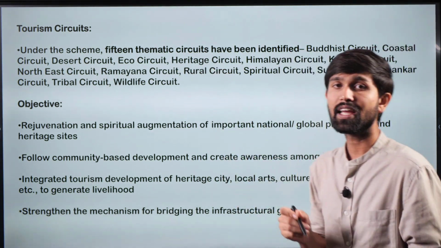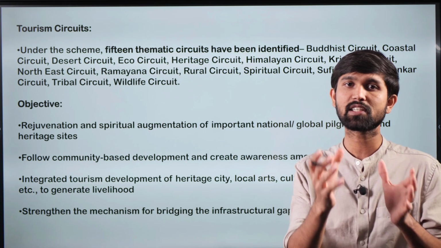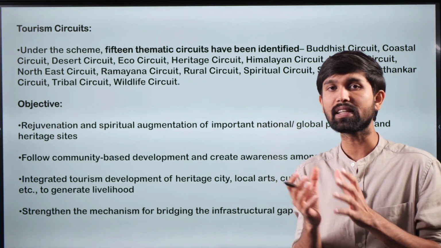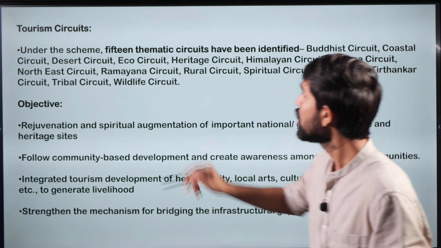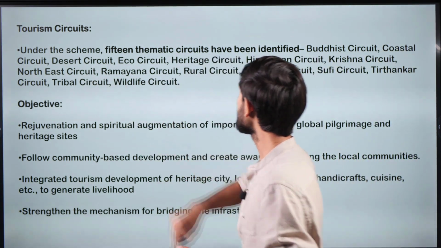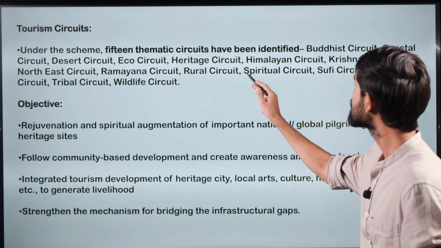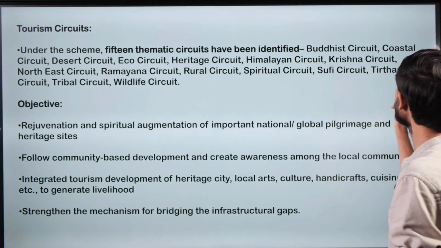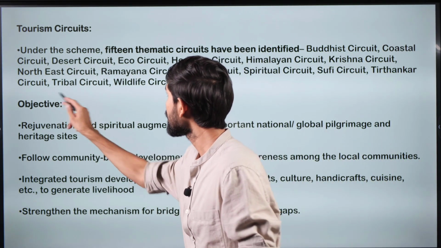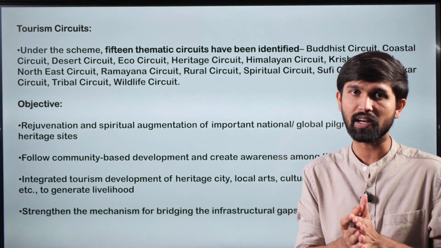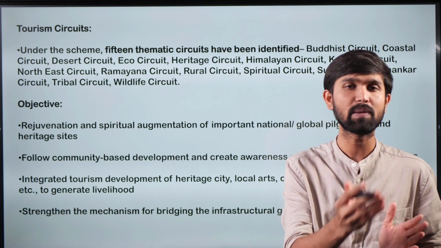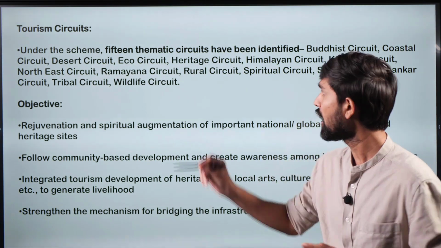So this scheme is basically taking theme as its core criteria, and based on that theme, it is creating the tourism circuits. Similar are the Krishna circuit, Northeast circuit, Ramayana circuit, rural circuit, spiritual circuit, Sufi circuit, Tirthankar circuit, tribal circuit and the wildlife circuit. We can see the themes being reflected in these circuits, and what basically is going to happen is that under